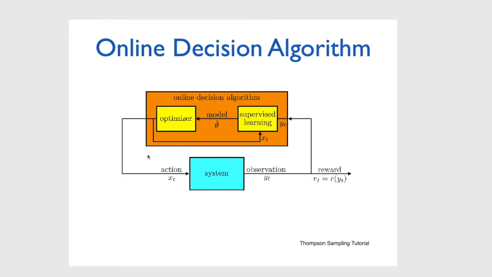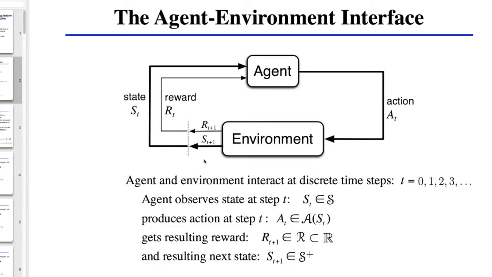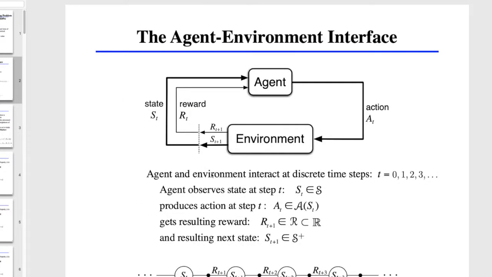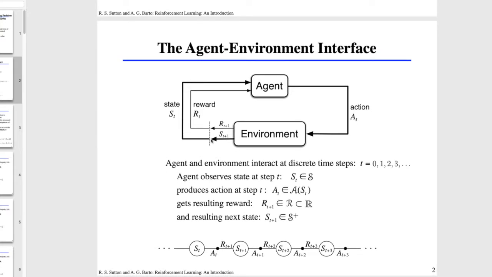Right? So this was the model we had for that bandit approach with an optimizer. We're talking about supervised learning. We're trying to learn a model of the world and try to predict it better. And once we have a pretty good prediction, we take an action, we see what happens. But we didn't have anything here with states, right? And so this part about states that we were talking about last week kind of adds the component where